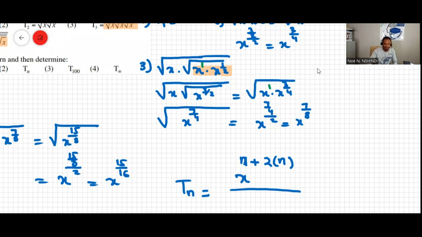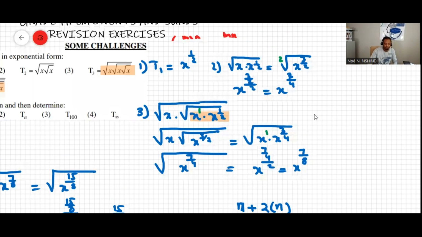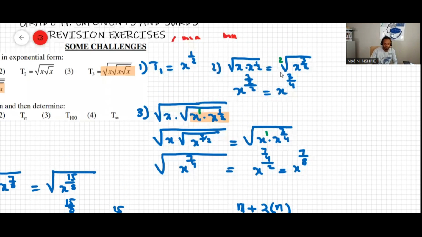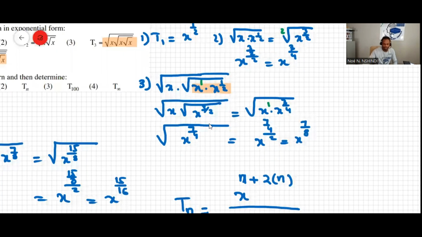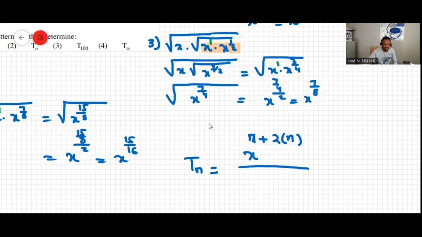At the denominator, the numbers are 2, 4, 8, and then 16. So this is like 2 to the power of n. Okay, yes. So if n is 1, for instance, if n is 0, the initial, okay, this will be